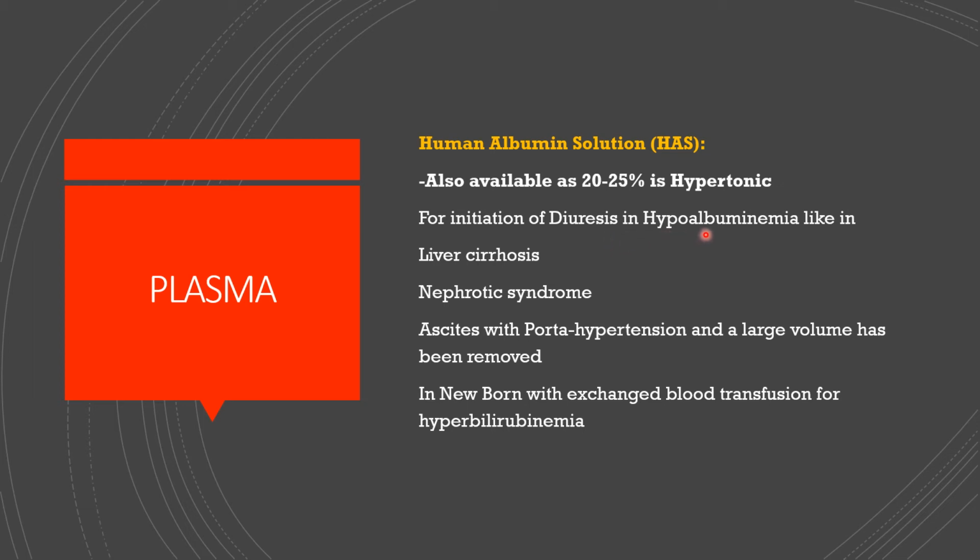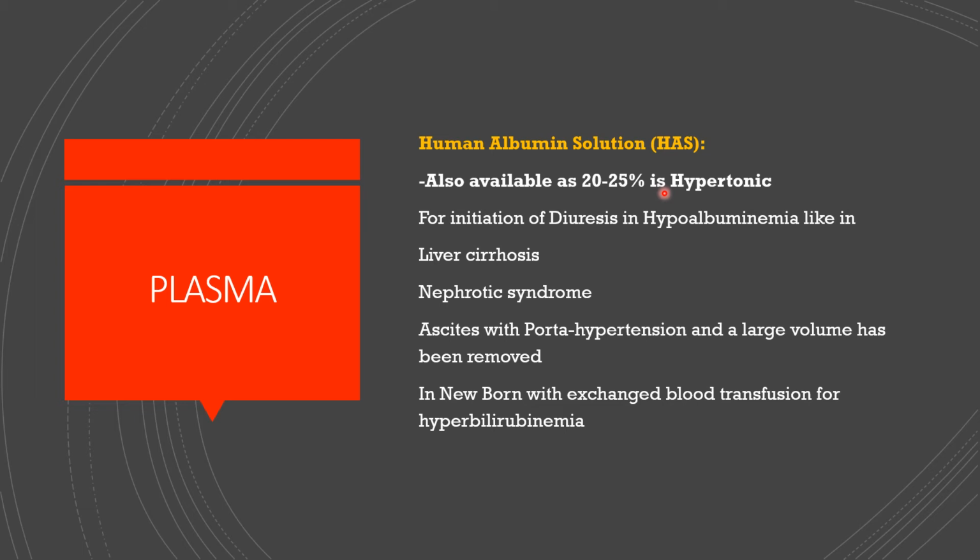Okay? So you discovered your fluid in and out is not giving you any reasonable value. I mean, you are sending in fluid, but you are not getting appreciable fluid out. Then you can initiate diuresis when there is hypoalbuminemia and you are dealing with liver cirrhosis, nephrotic syndrome, using HAS